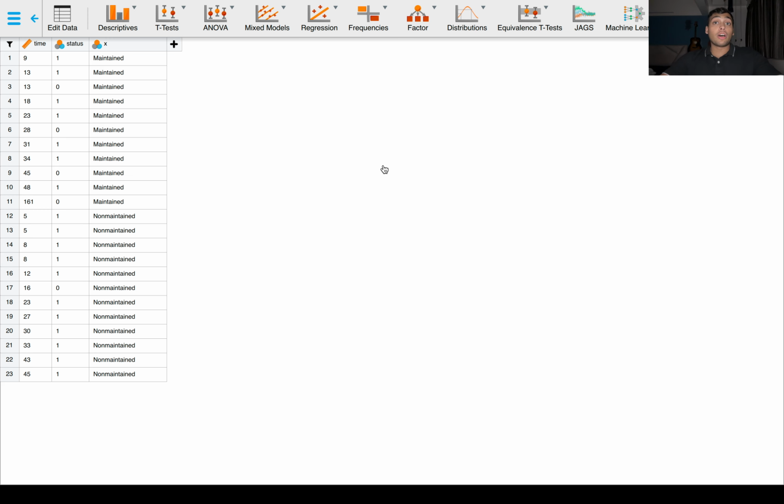So it's a type of non-parametric analysis. A parametric version of this would be Cox proportional hazards, and to this day, 30th September 24, JASP has not added this functionality yet, but the non-parametric Kaplan-Meier is. So let's get straight to this data set,